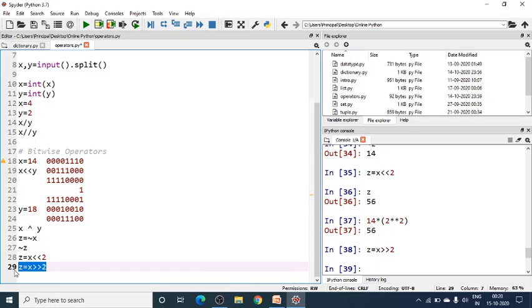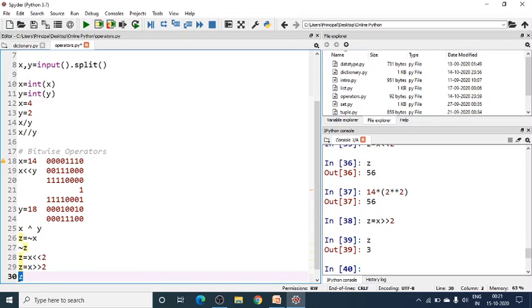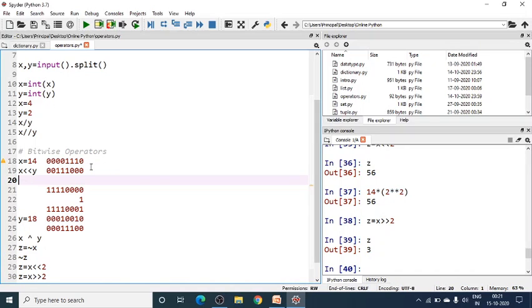Control enter, and if we check what this z variable stores, it is storing only 3. So x is 14. So if we do this, x right shift 2, what it does is it just